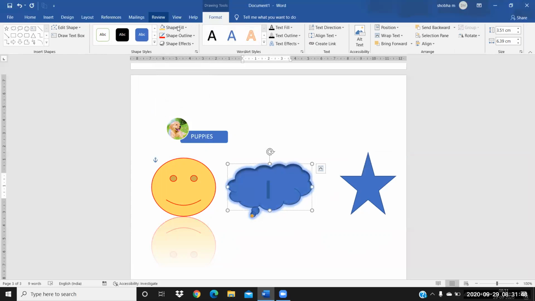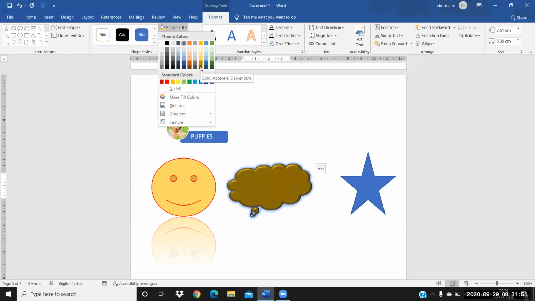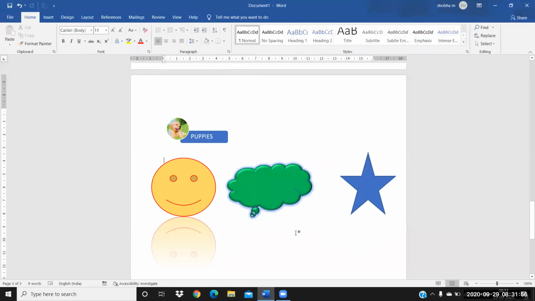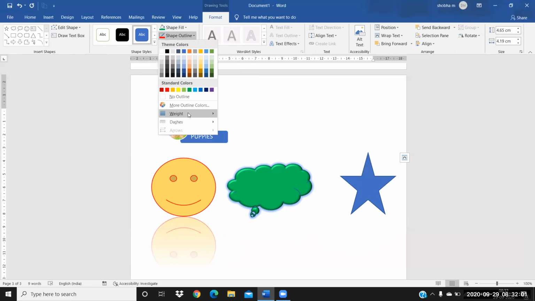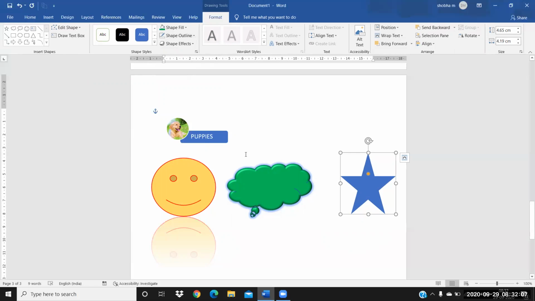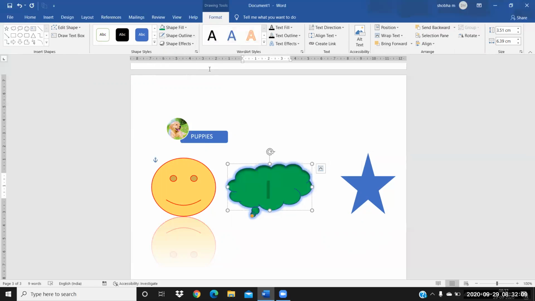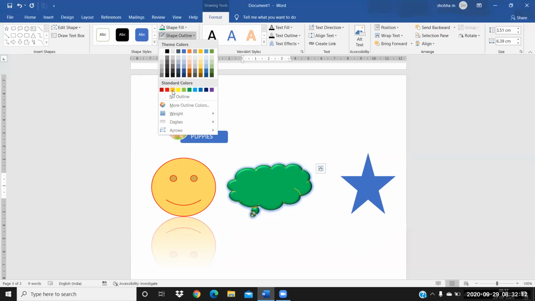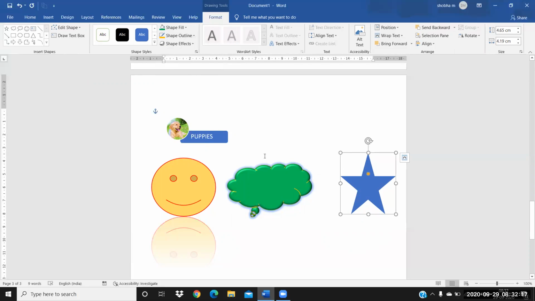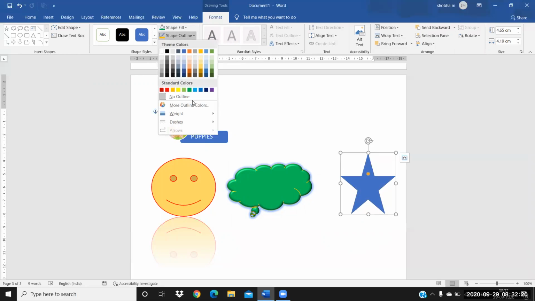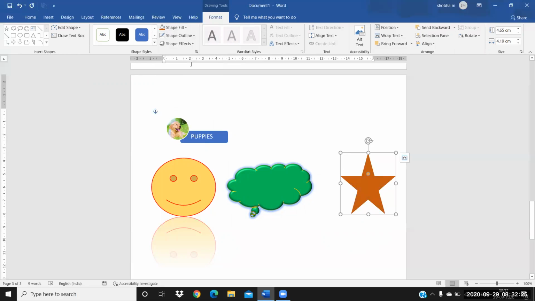And here you can select a shape fill also. Any fill color you want, you can select. So like this, I've selected green. See how green is showing here. Further you can also give some outline. I'm just taking no outline over here. Okay, so I've taken no outline here. You can select any of the outlines here. See how the outline colors are showing. So what I do here, I'm selecting no outline and only the fill color. Some fill color I have taken.